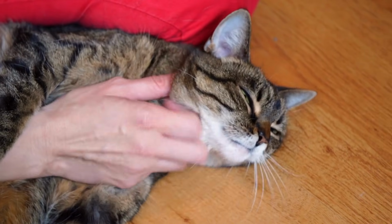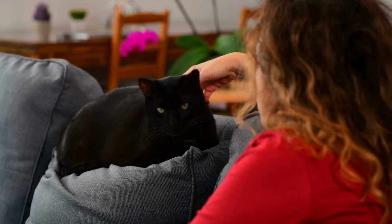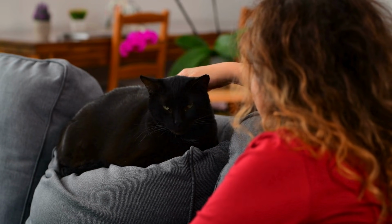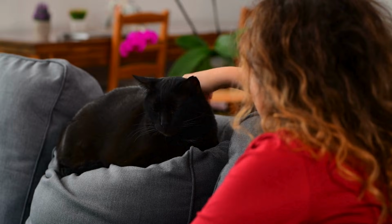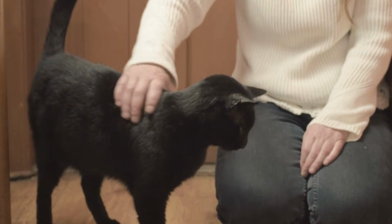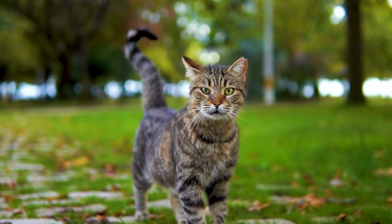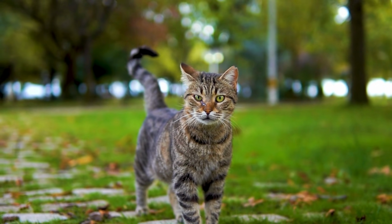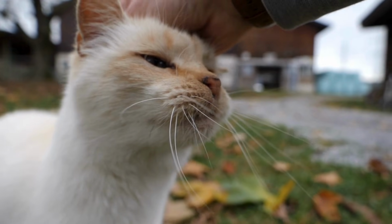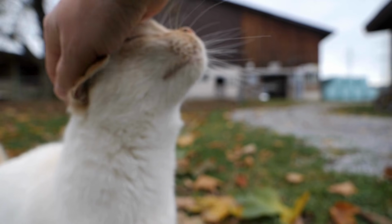The base of the tail, right where the spine meets the hips, is one of the most emotionally charged areas on a cat's body. It's not just a sensitive spot, it's a storage zone. Hundreds of sensory nerves cluster there, collecting subtle stress signals from their environment: tension from watching windows, uncertainty during noise, overstimulation from being handled too much, or even frustration from wanting play but not receiving it. And here's the thing: your cat can't fully groom or stretch this spot, so the stress stays, quietly, invisibly, growing